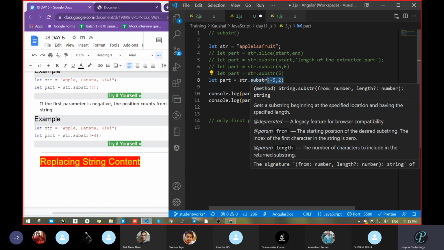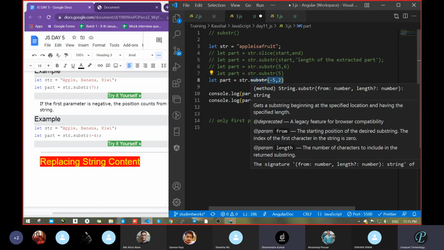Next, what are the first and second arguments? In the case of slice, first is start and second is end. Slice and substring are similar: both keep start and end, but substring does not take negative values.